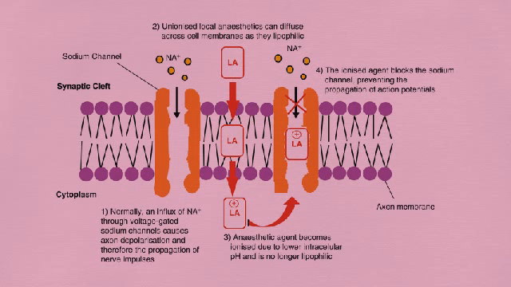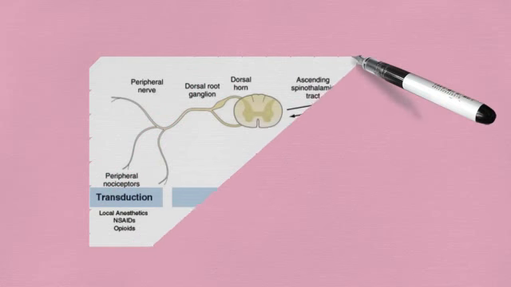So now ultimately this local anesthetic, which is no longer lipid soluble due to the slightly acidic pH inside the cell, is in the ionized form and it binds to the inside of the sodium channel. As you can see in this figure, LA positive. By positive we mean that it has become ionized, and now from the inside it binds to this sodium channel and prevents the entry of sodium ions. So ultimately it prevents the propagation of the impulse.